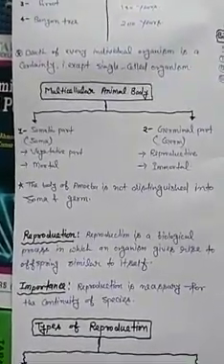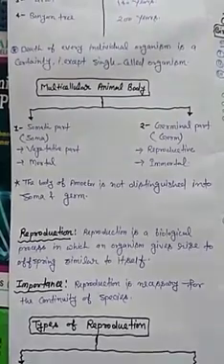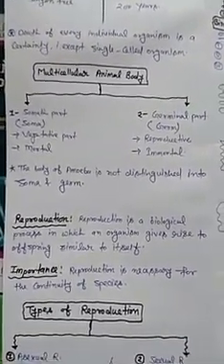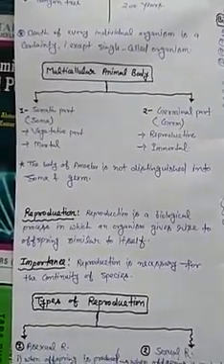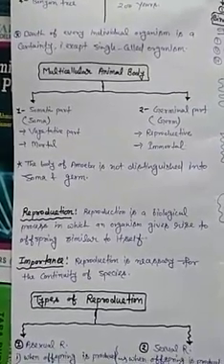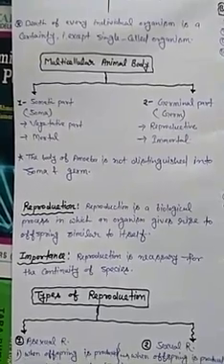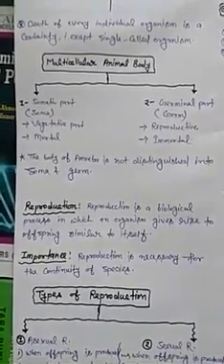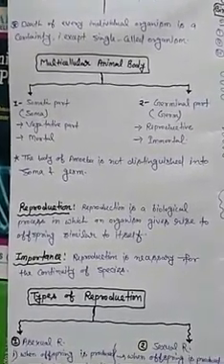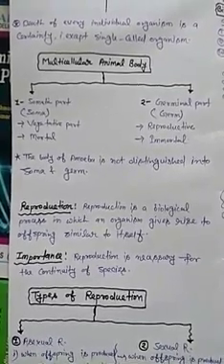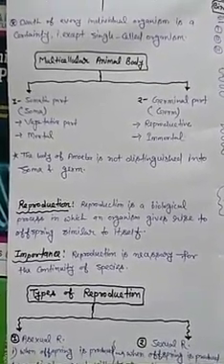In a multicellular animal body, the body is divided into two parts, somatic part and germinal part. Somatic part is known as soma and germinal part is known as germ. Somatic part is vegetative part but germinal part is reproductive part, and somatic part is mortal but germinal part is immortal. The body of a unicellular organism like amoeba is not distinguished into soma and germ.